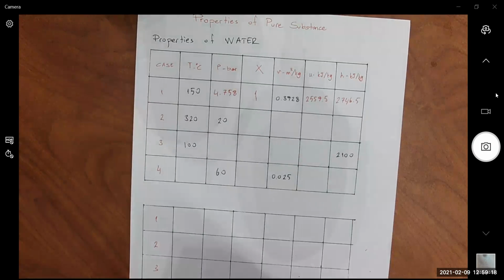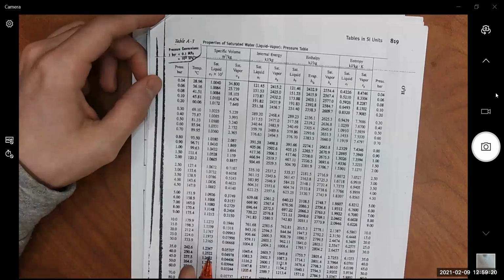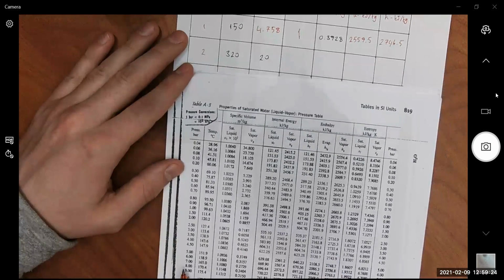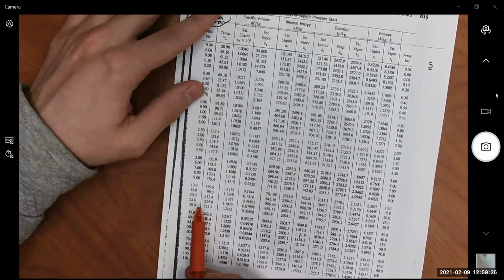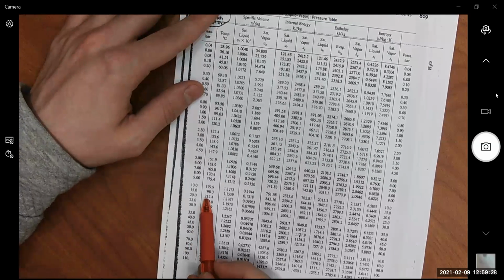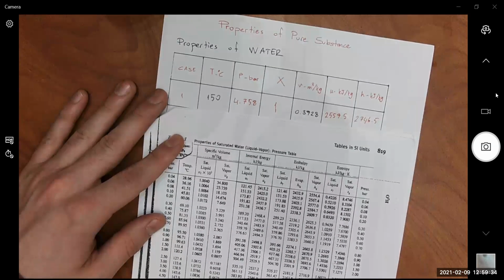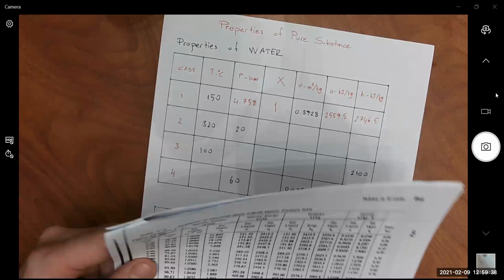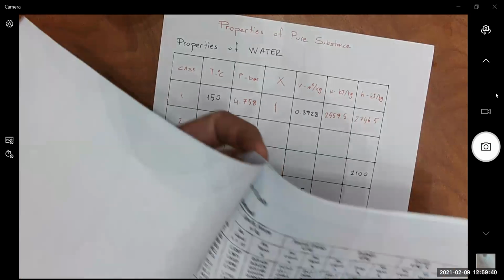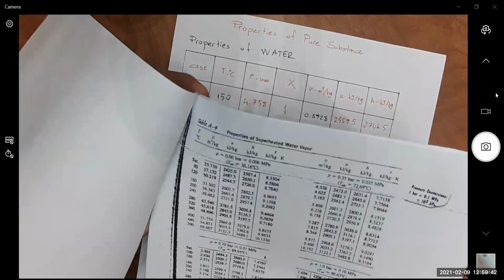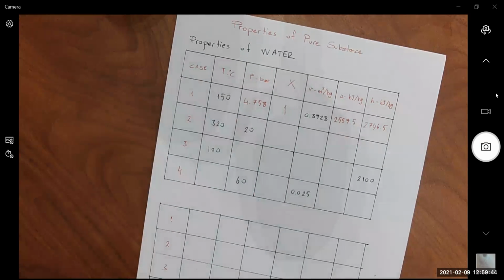For 20 bar, my saturation temperature is 212.4 Celsius, right? My temperature exceeded that saturation temperature, which means I'm in the superheated vapor region. Okay, I go to the superheated vapor table, table A4. Okay,